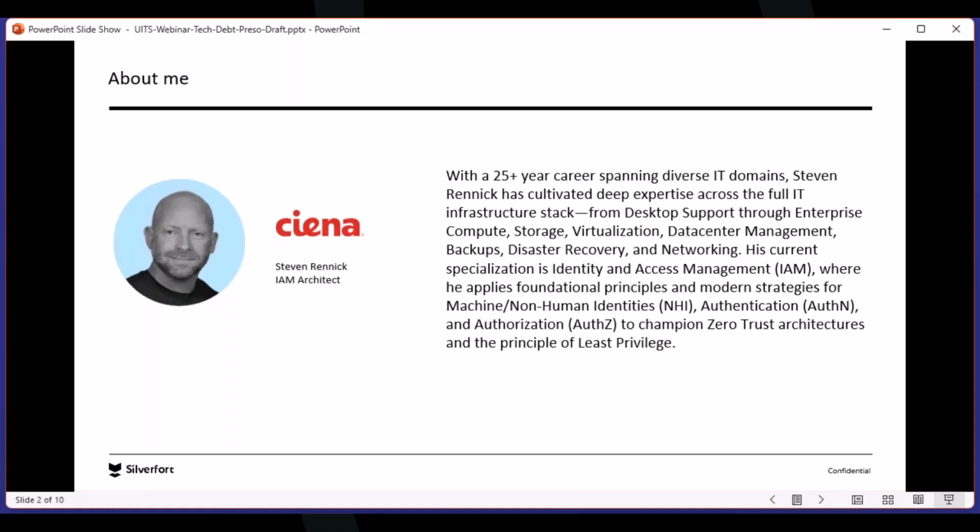And so I guess it was probably maybe 5 or 6 years ago, I took a focus on identity, and I've really been trying to move my company forward in terms of adapting to the principle of least privilege and championing some zero trust architectures. But I have a keen interest in non-human identities, which I don't even really like the name of, but we'll talk a little bit about that today, and then separating things out between authentication and authorization.